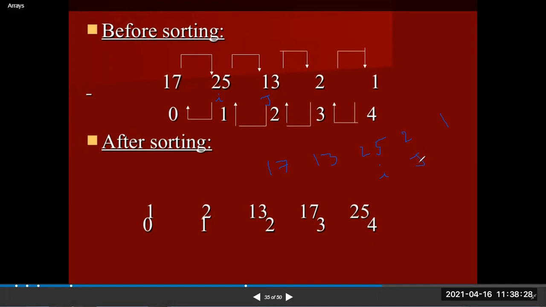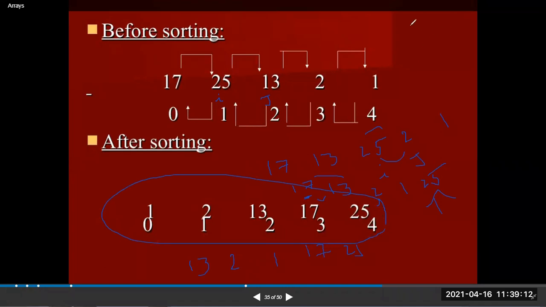Condition false. Okay. So this is greater. This is greater. So condition true. Then swap these two elements in the same way. So finally, we get the values as 17, 13, 2, 1, 25. The highest value moves last. Okay, next again the loop comes to the initial position, I equal to 0. Then this 17 is compared with 13, condition true, swap these two elements, and 2, 1. So finally we get here 13, 2, 1, 17 and 25. In the same way we get the elements in ascending order.